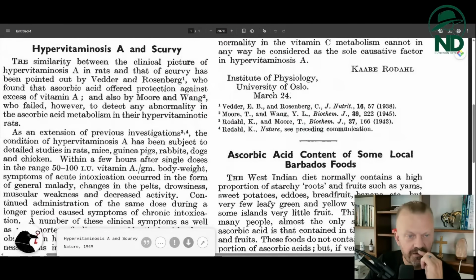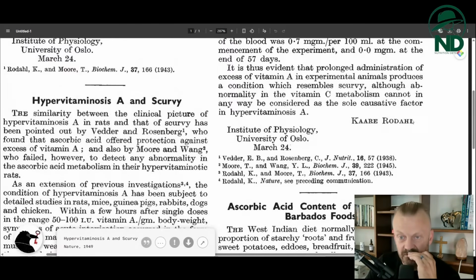Blood. I'm not going to look for it now, but you'd want to find the Vetter and Rosenberg. Okay, so here's this. So take a screenshot here and go and look for 1 and 2, Moore and Wang and Vetter and Rosenberg. And that's where they mention the dogs. So if you can go and find these, this is what you want. And then if you can find Rodal's classic paper, here's his last statement. It is thus evident that prolonged administration of excess of vitamin A in experimental animals produces a condition which resembles scurvy. Although abnormality in the vitamin C metabolism cannot in any way be considered as the sole causative factor in hypervitaminosis A. So, Joe, I'm going to send you the link so you can